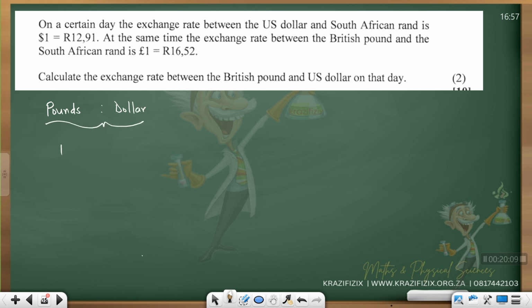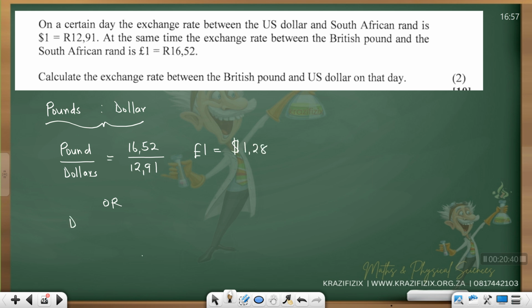When I write pound to a dollar, it's the same thing as saying pounds over dollars. Now, what is the value in pounds? 16,52, and my dollar is 12,91. We're going to get two answers. This is the one that gave us 1,28, right? It means 1 pound is equal to,